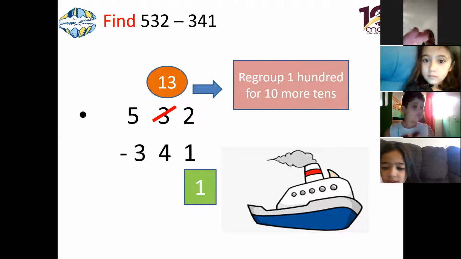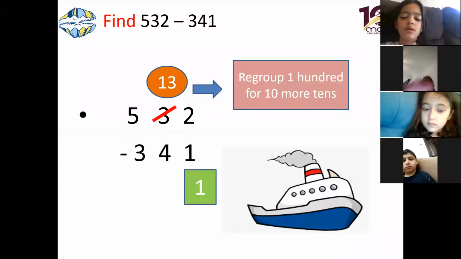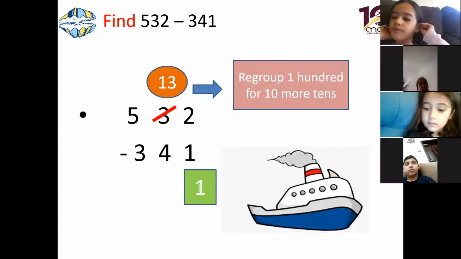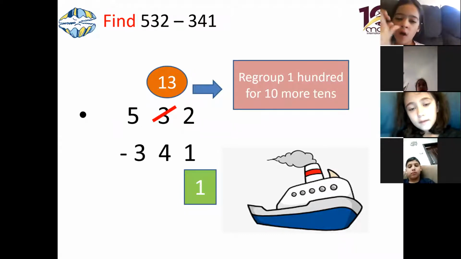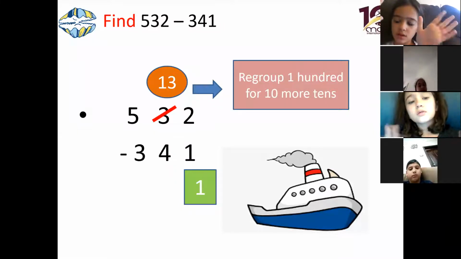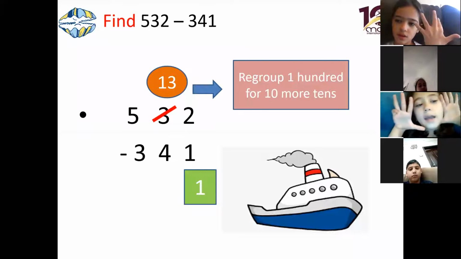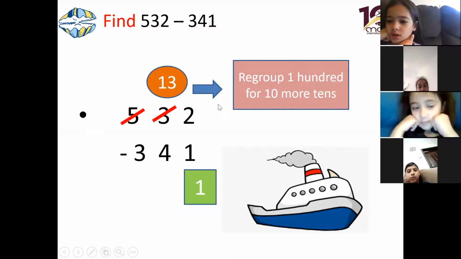Okay, 13. We don't have 13 fingers. So what would we do? We are going to count from the smaller number to the greater number. So throw the 4 away and count on to 13. So 4, 5, 6, 7, 8, 9, 10, 11, 12, 13. What number did you get? 9. Yes, excellent, Lamar, Zena. Thank you. So the answer is